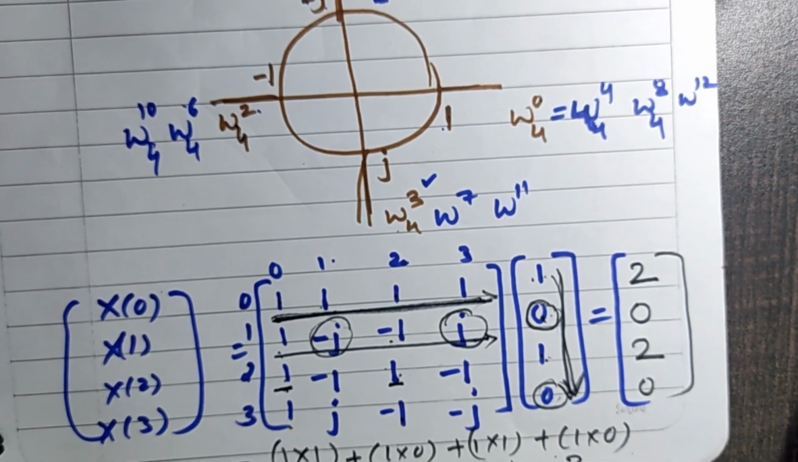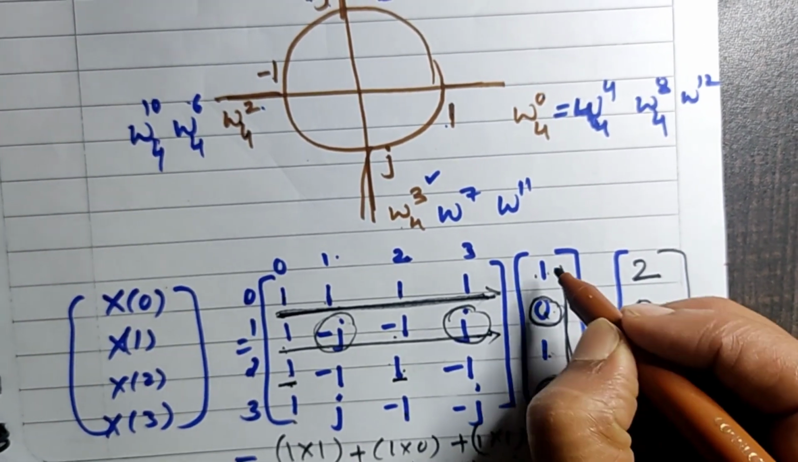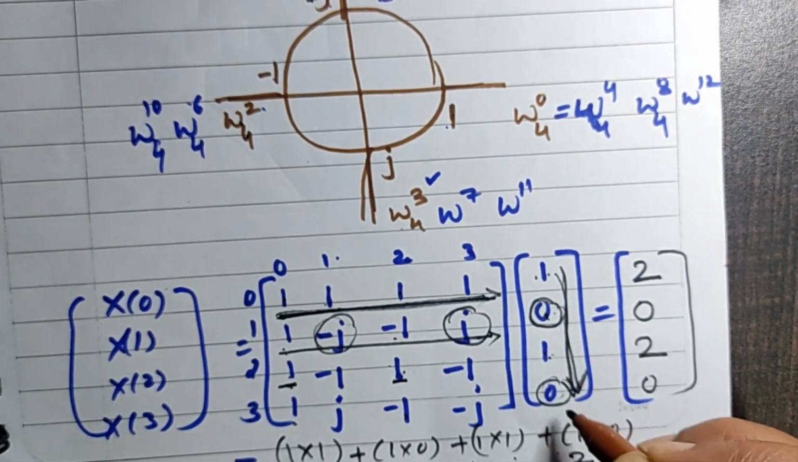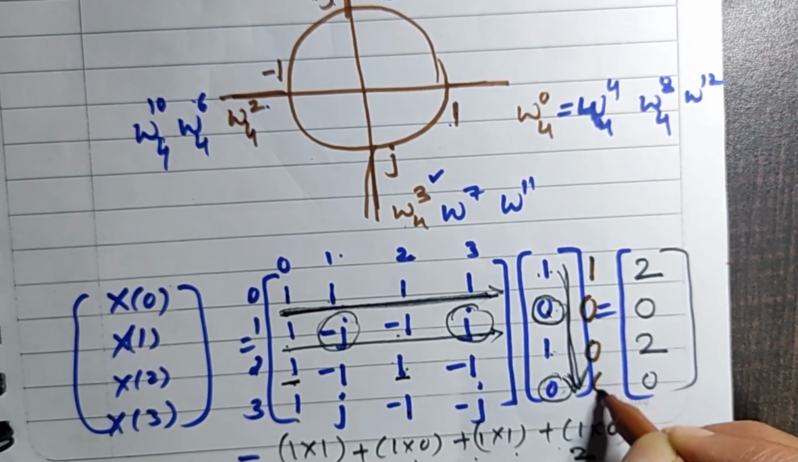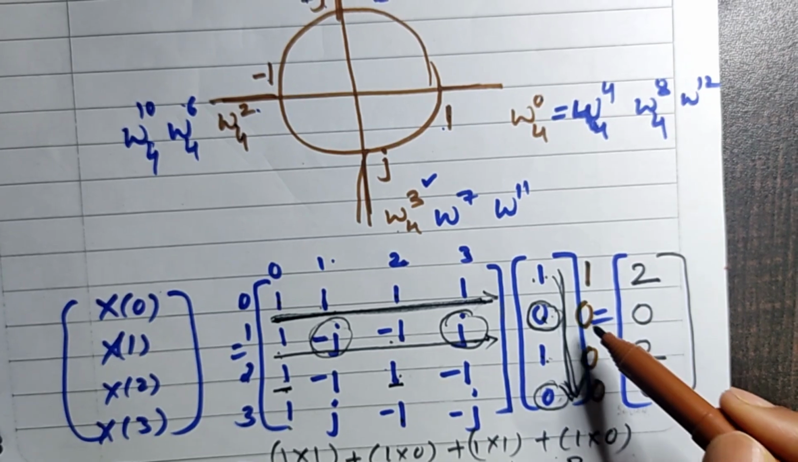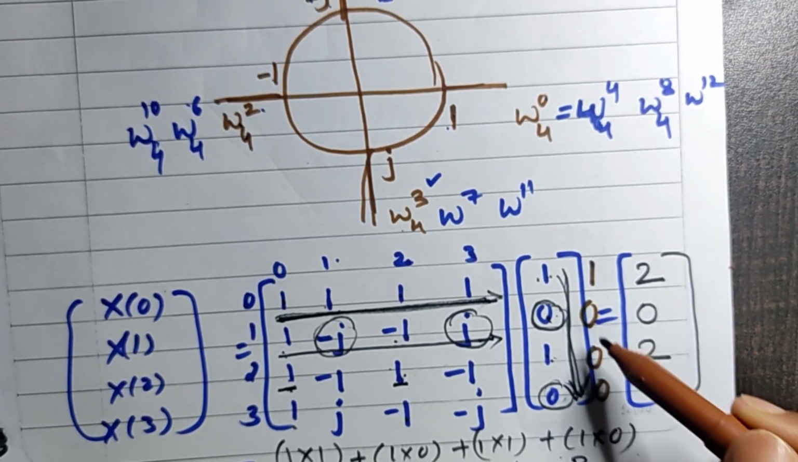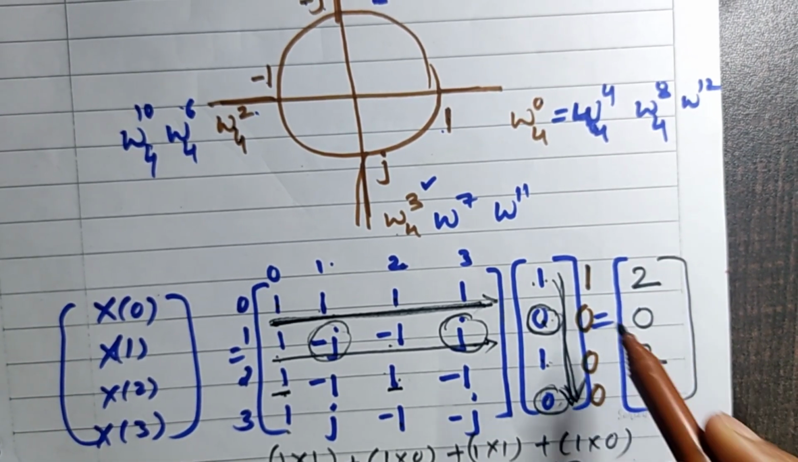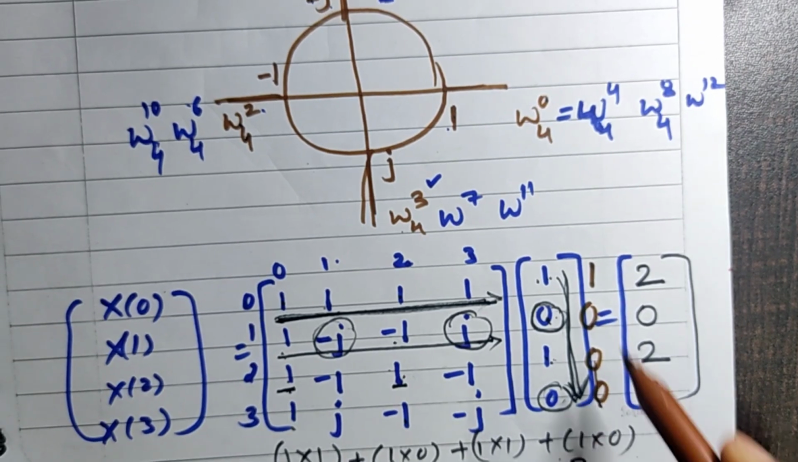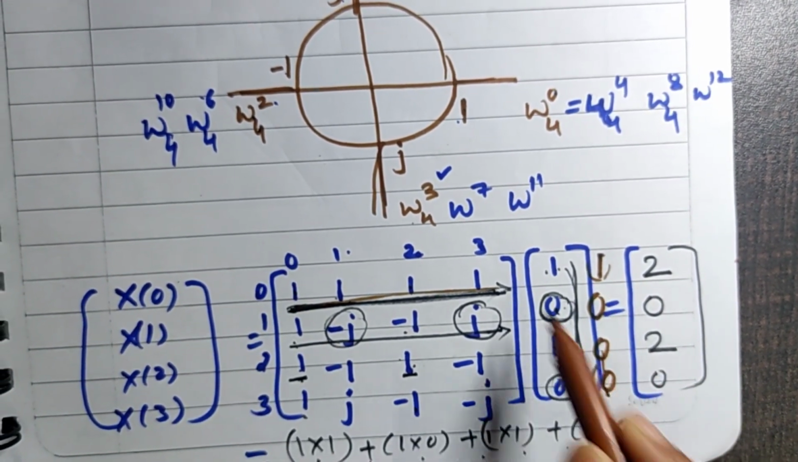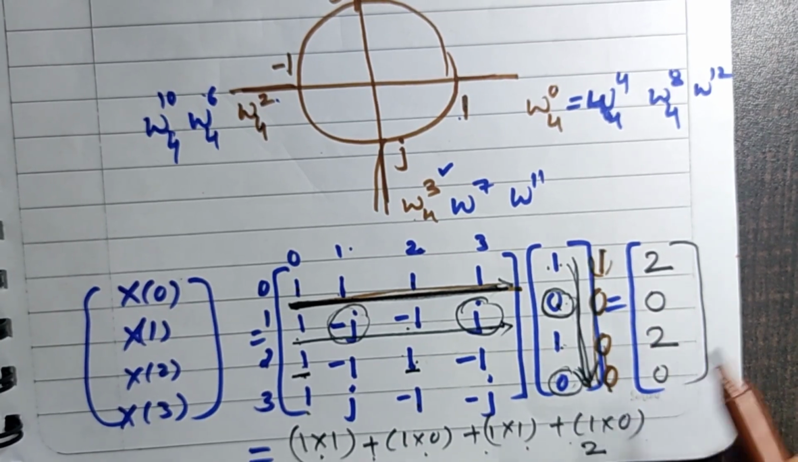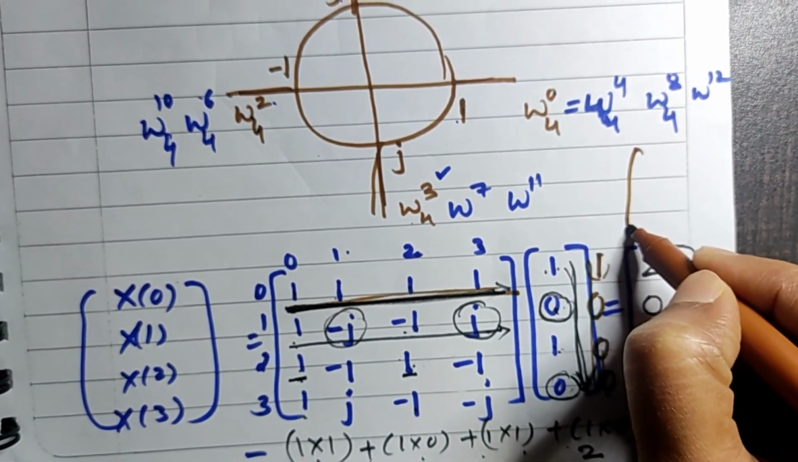Suppose for the same numerical, x of n is not 1 0 1 0, but 1 0 0 0. Now consider 1 0 0 0. In that case, all other terms are 0 and only 1 is there. It means you have to multiply this into this, the same thing, this into this column. So that time the answer will be